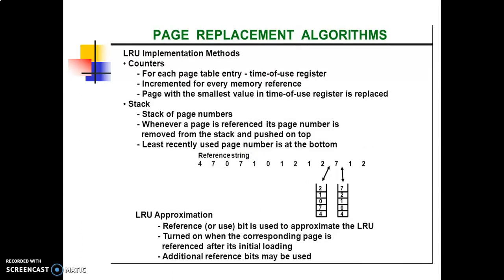How can we implement this LRU algorithm? The LRU algorithm can be implemented by associating a counter with every page that is in main memory. When a page is referenced, its associated counter is set to 0. At fixed intervals of time, the counter associated with all pages presently in memory is incremented by 1, and the least recently used page is the page with the highest count. The counters are used to implement the LRU algorithm, and they are also called aging registers. That is a very important thing.